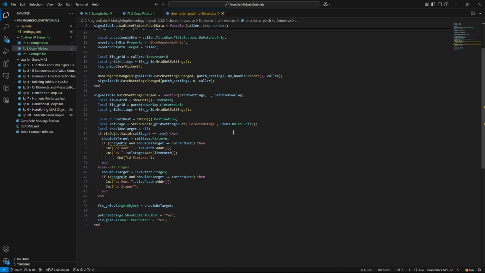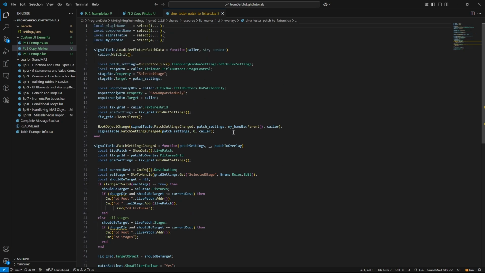Obviously, there is some code that is happening in MA3 that is not in the Lua file. In most cases, this would be written somewhere else, possibly even not in Lua, but in, I believe, C++ is what it's written in. There's some type of interaction between C++ and Lua that I do not fully understand how that works, but there are important things that happen in both languages.